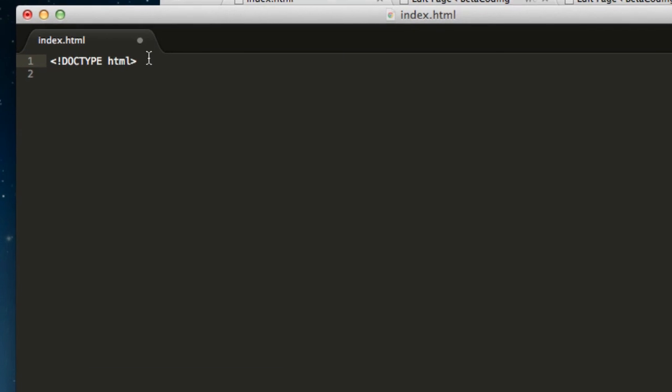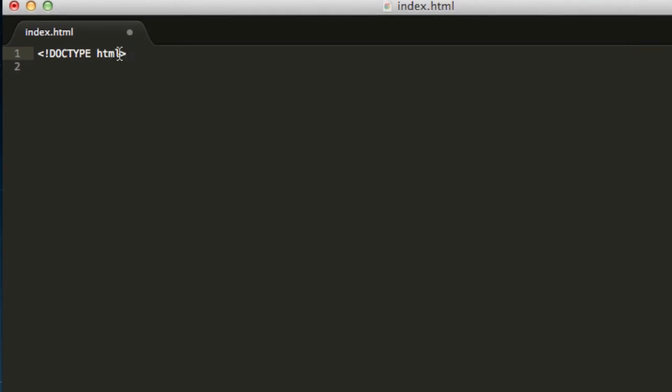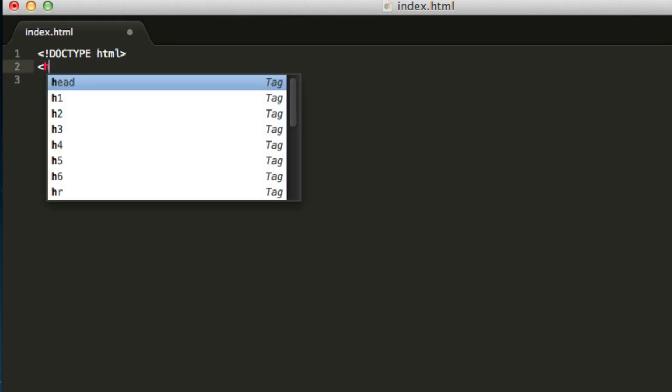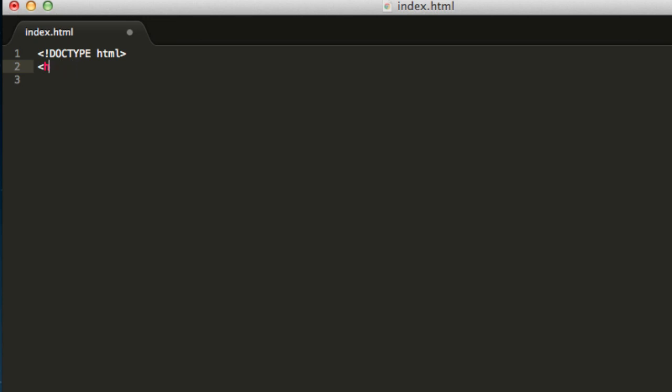So the web browser will read it with the properties and all the characteristics and features of HTML files. So the first thing we're going to write, just write html. This is called a tag, by the way, and all tags need to be closed with these characters, just like that. So you write this code, and this is basically specifying that this is going to be an HTML document,